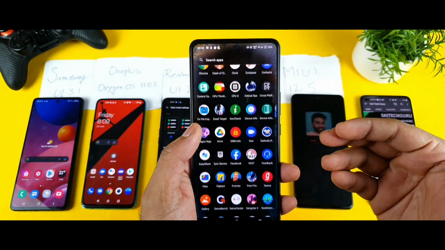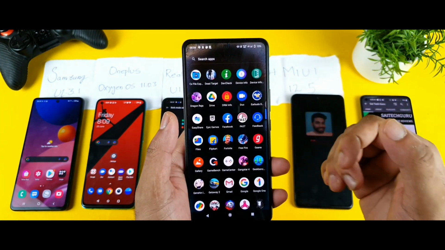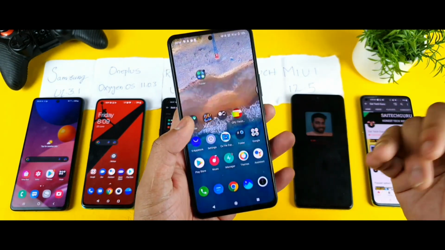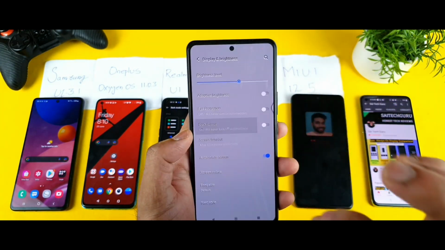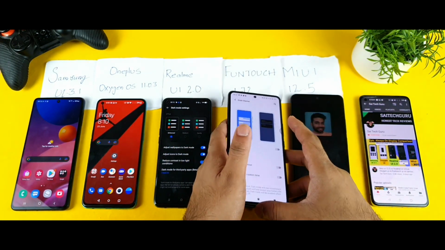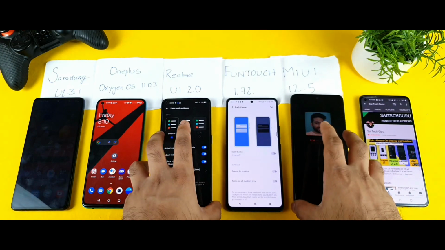Few users will definitely use this kind of option, friends, forcefully using the dark mode in their favorite apps. Everyone does not only have the common limited applications as favorites. They do have their own kind of applications as favorites. So there should be some kind of customization, but it's not there in this phone, in the Fun Touch UI. That's another disadvantage right now in the Fun Touch UI. There's nothing much to explore in the Fun Touch UI as well.